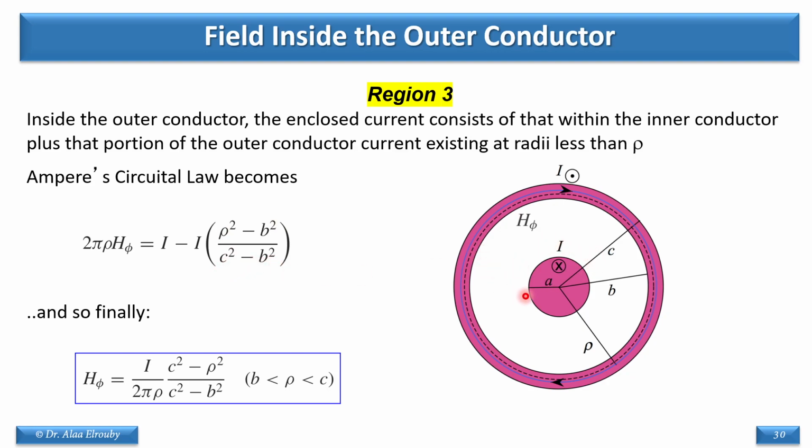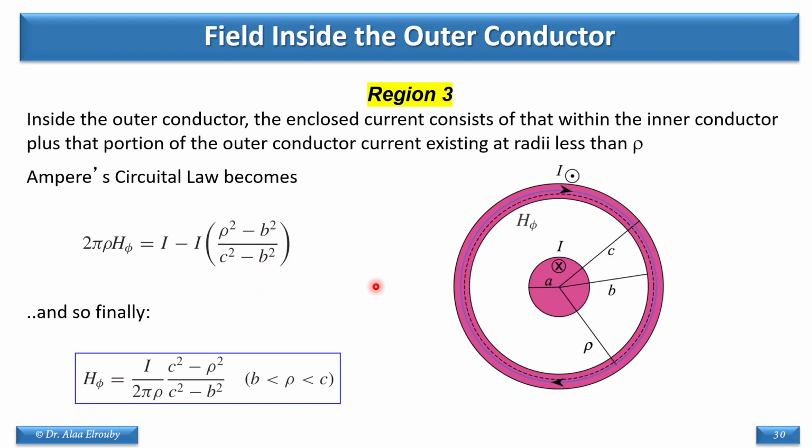And don't forget this component, which is I. If we take the inner direction as the positive direction, then the outer current is in the negative direction, so this sign is important. Remember to include the inner conductor current. This way of calculating the density and then multiplying by the correct cross-section area is very important, and we'll have the